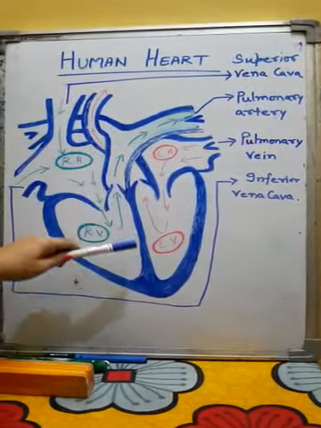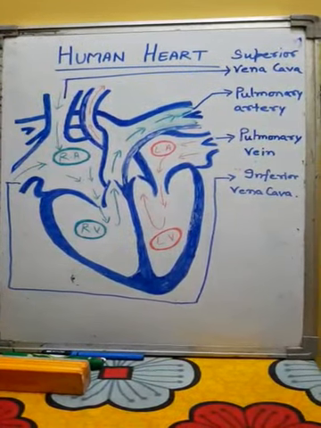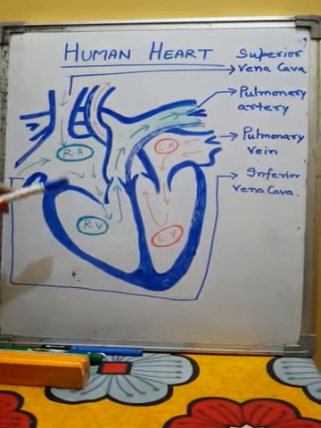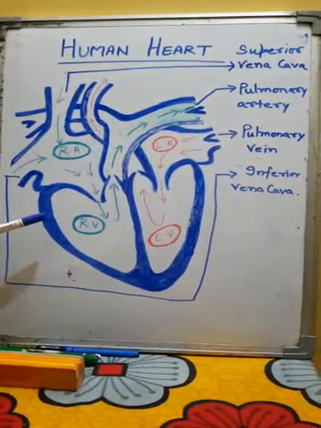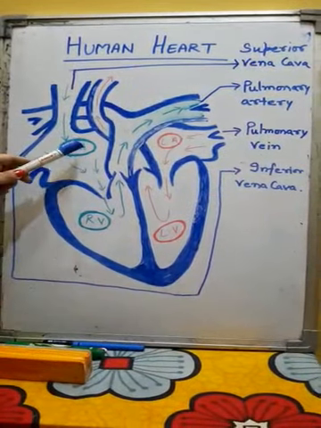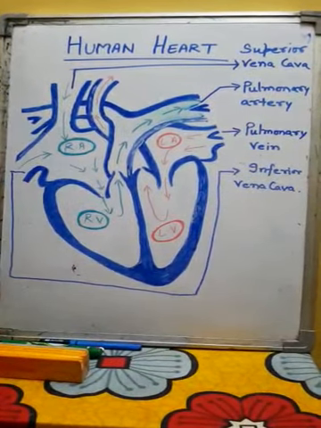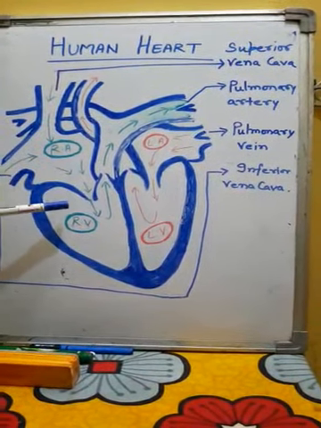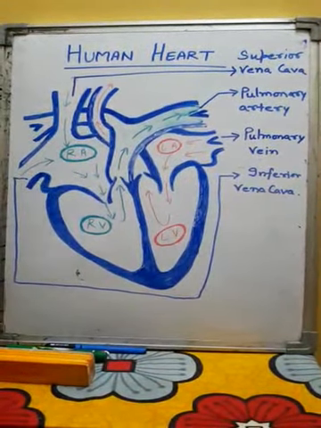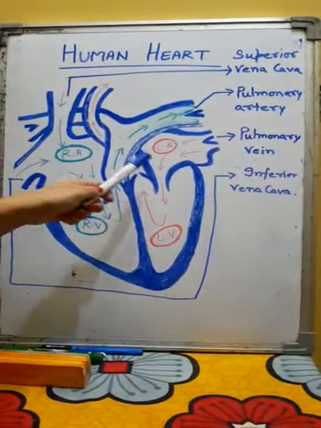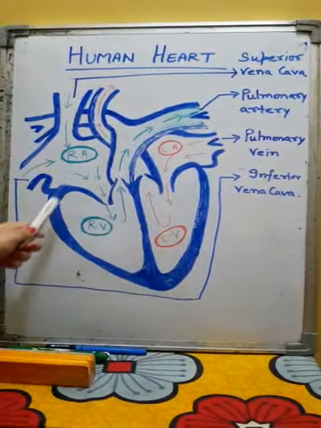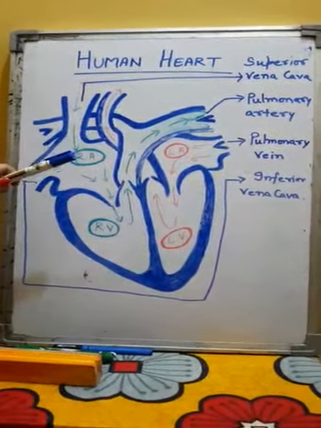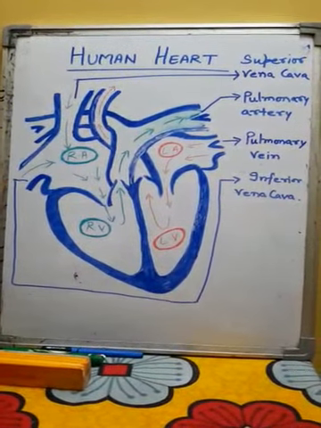Here we can see the partition or septum present between different chambers of the heart is useful in separating oxygenated and deoxygenated blood. At no step have we seen blood being mixed. Oxygenated blood is always separate from deoxygenated blood. There is never a mixing of blood, and this is the significance of this four-chambered heart.